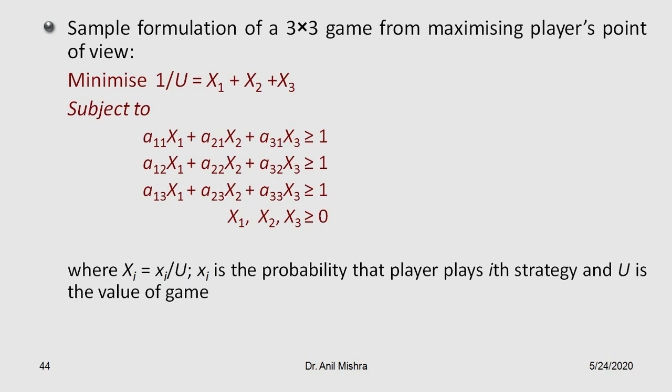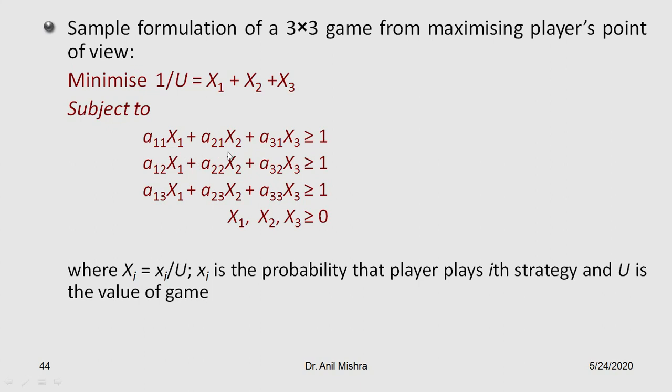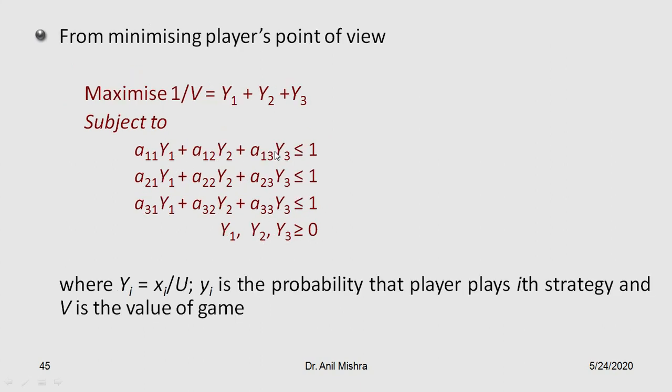From that, you have to find the dual, right? Now, if you take into account the first, the minimize, then it will maximize 1 upon b, the second player, from the minimize player's point of view. Same figures are there, but in the previous case, mark it a11, a21, a31. But here, what you find, a11, a21, a31, that's the transpose of it, right? That is the dual part of it, okay? So, this is the dual of the given primal.